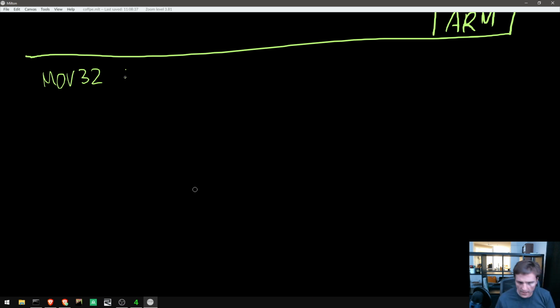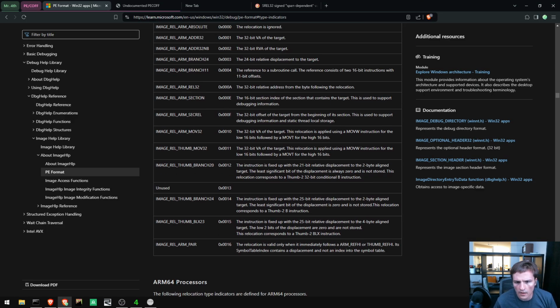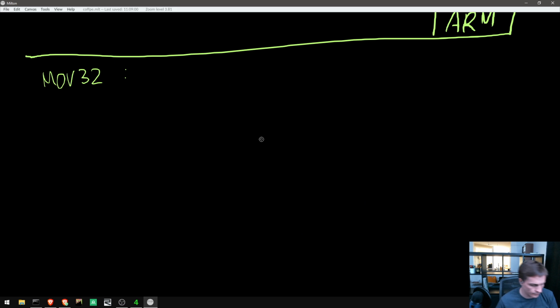MOV 32 says the 32-bit VA of the target. This relocation is applied using a MOV W instruction for the low 16 bits, followed by a MOV T for the high 16 bits. I don't know exactly what it means by applied using a, but I think that what they're saying is that there's going to be a pair of pointers. We're going to basically have